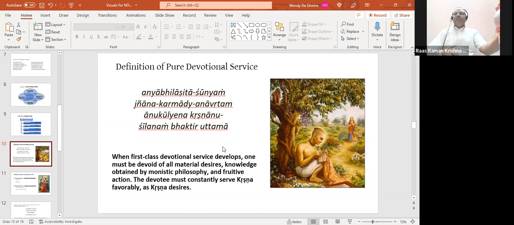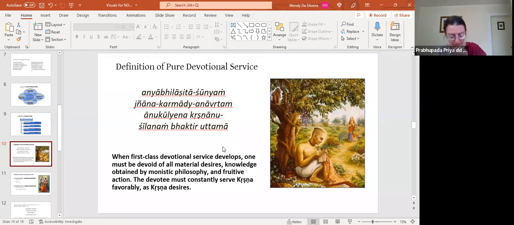Mataji, living in the association of the devotees. Yes. Good. Yeah, all these things: chanting the holy names, living in a holy place, associating with devotees, hearing Srimad Bhagavatam. We're going to hear all about these in future chapters. And then nivritti, things to avoid: avoiding bad association, avoiding sinful activities like meat eating, intoxication, gambling, illicit sex. And in terms of the positive activities, Srila Prabhupada says that these should be with mind, body,